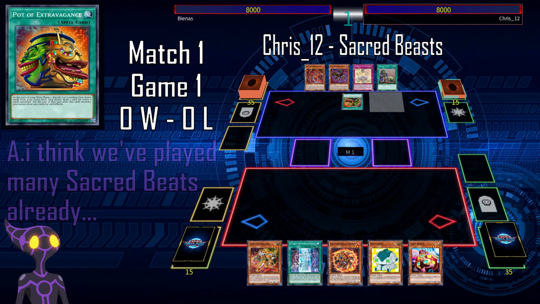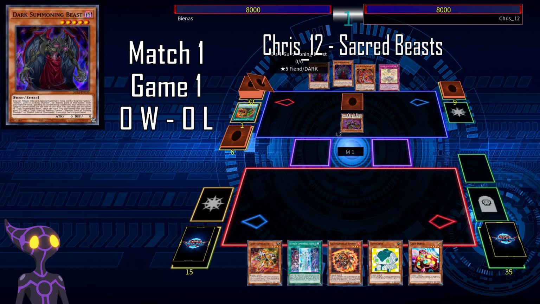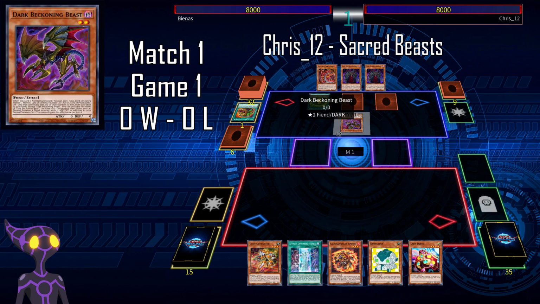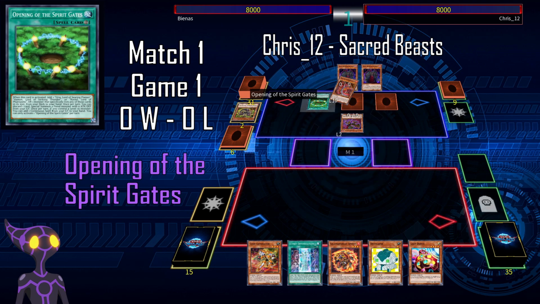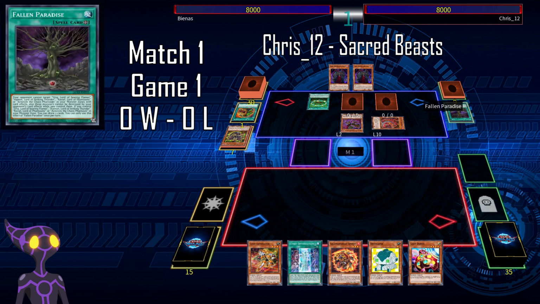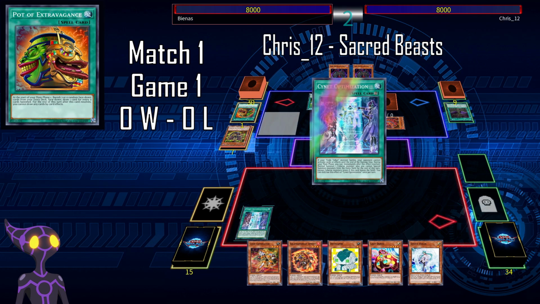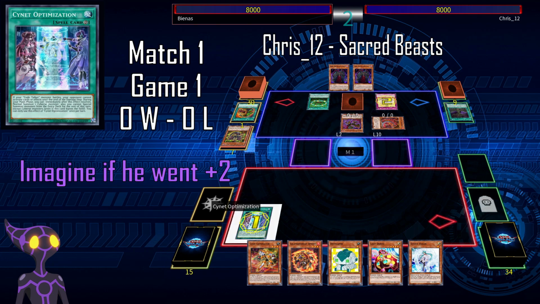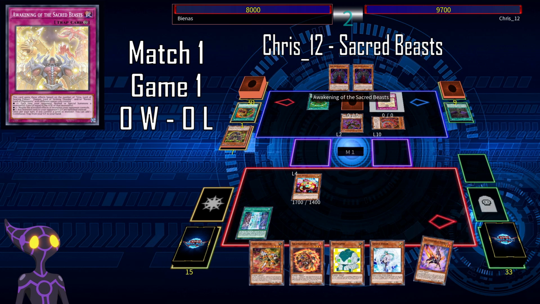He is the turn player, so he starts with a Pot of Extravagance, draws 2, he has 2 Dark Summoning Beasts, summons the Beckoning Beast and uses the Opening of the Spirit Gates, gets a Uria on the board and activates his field spell, but he cannot draw because of the effects of Pot of Extravagance. So we activate a Cynet Optimization and he activates Awakening of the Sacred Beasts, and guys, this is gonna get